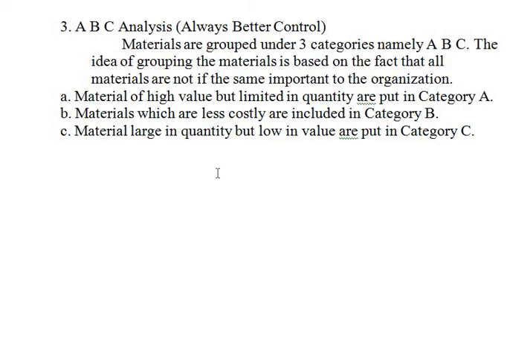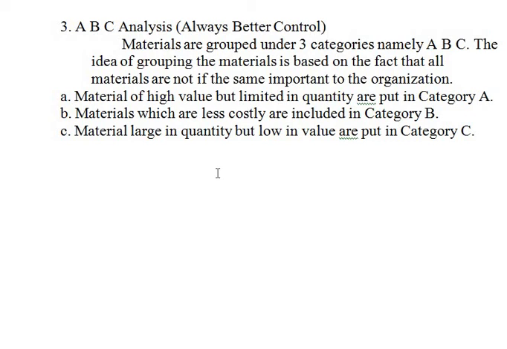Okay, now the intention of grouping such materials is that all those materials are not equally important for the organization. So few materials are very much important. Without them the production activity may not start. Few materials will be there wherein even if we do not use such materials, even then our production activity continues. It means the company will not be affected even if such materials are not available. So based on such criteria, materials are classified into 3 groups.